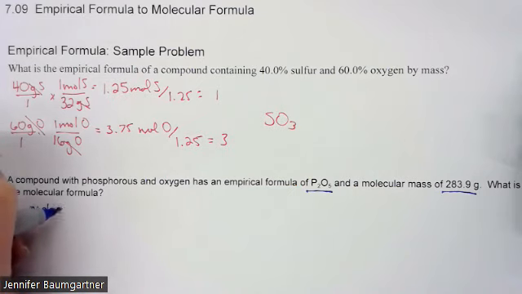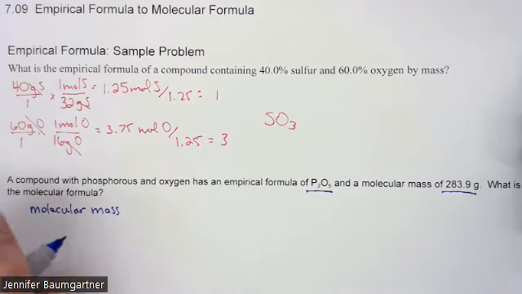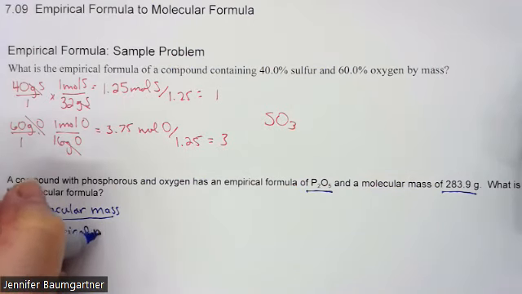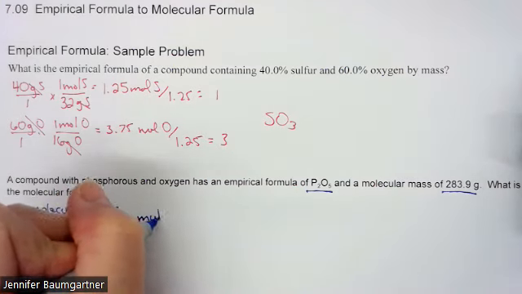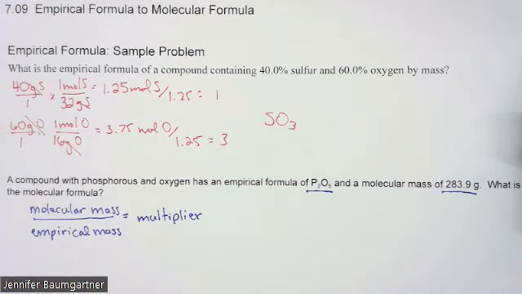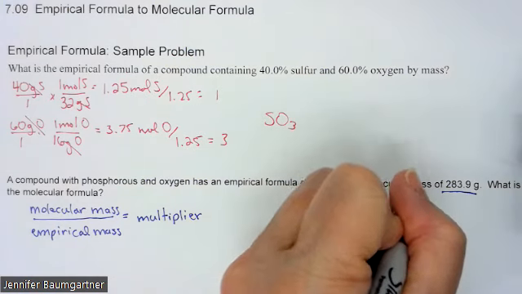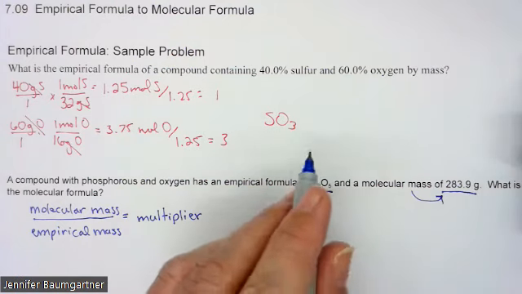You take the molecular mass, and we're going to divide that by the empirical mass. And the value that that gives us then becomes a multiplication factor or a multiplier. So I have the molecular mass. This says this is the molecular mass, but I need the empirical mass. So let's find the mass of